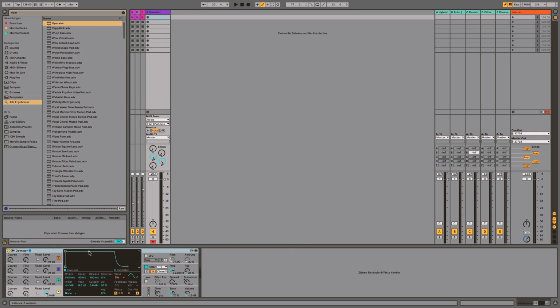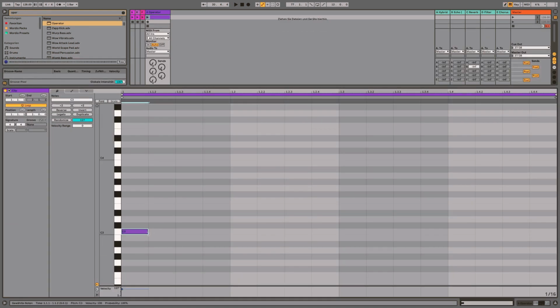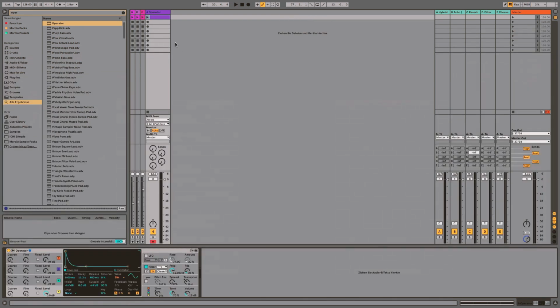So we make in Operator a quite simple thing. We just make the sound a bit more clicky. I will make just simple MIDI notes here like this, and give the decay just nothing.